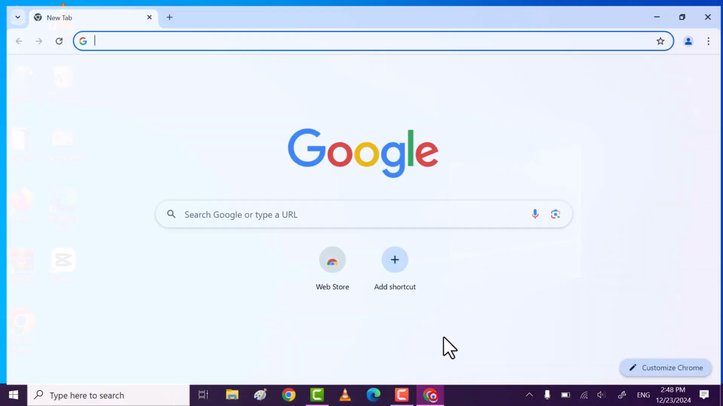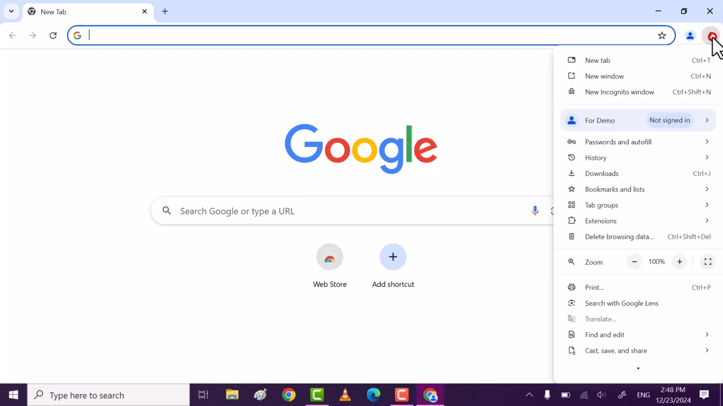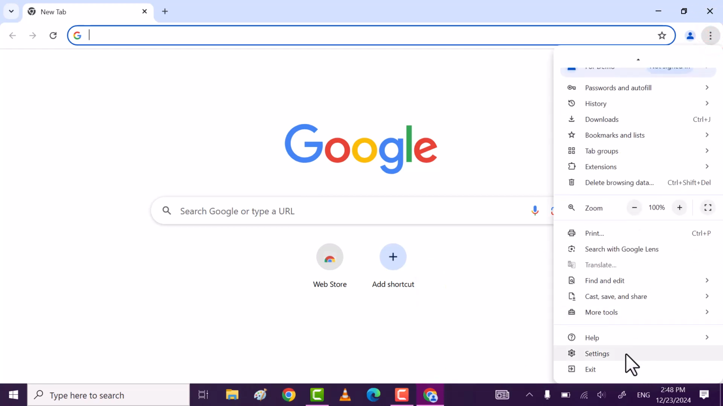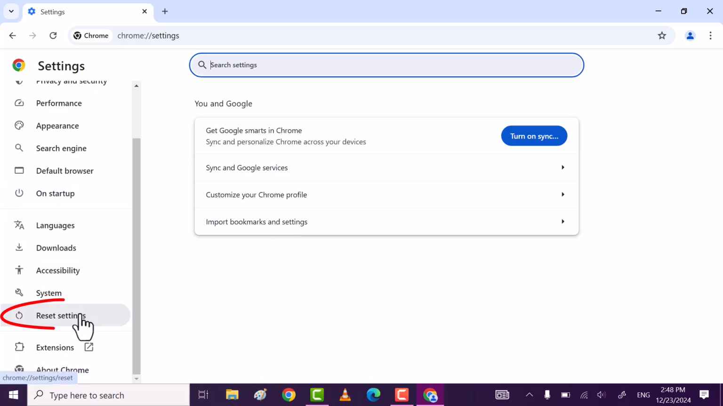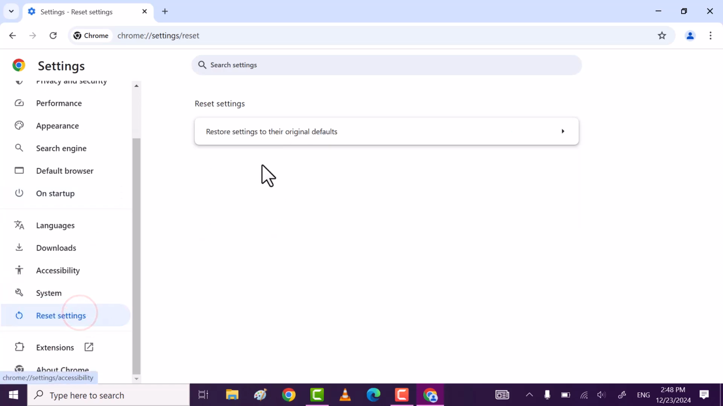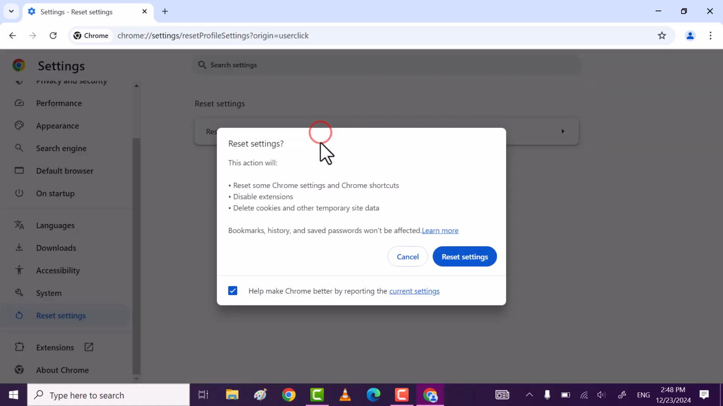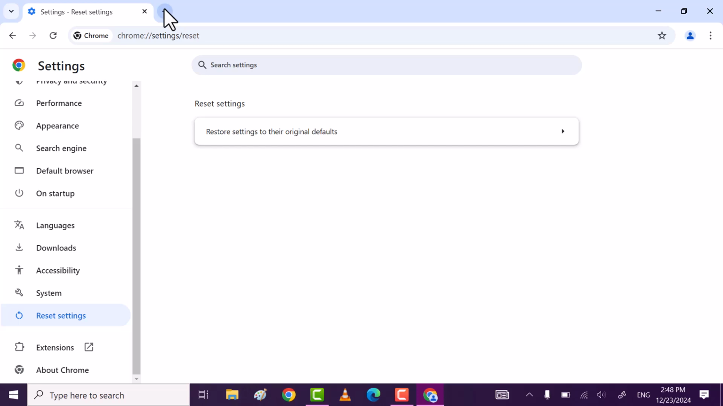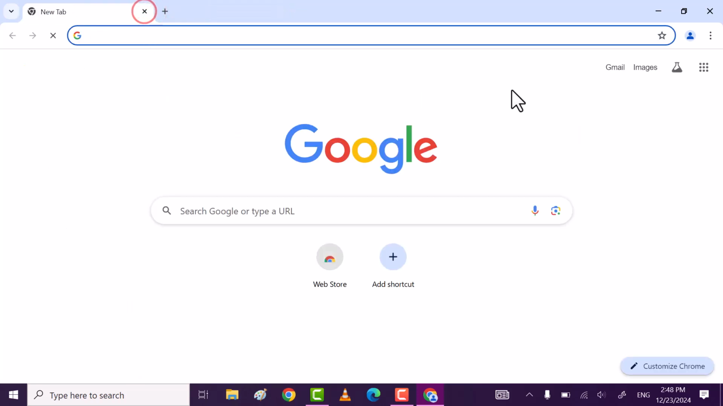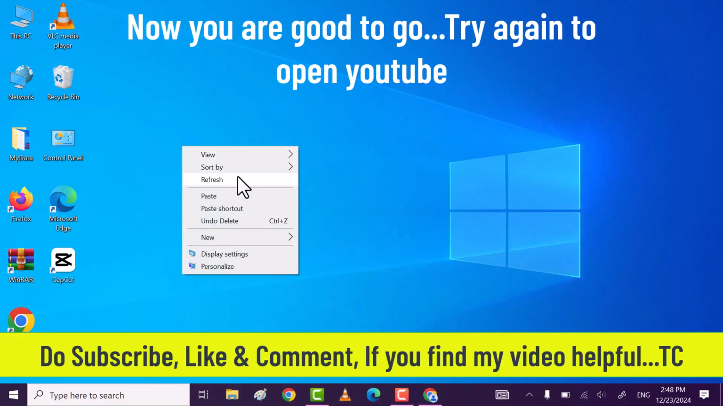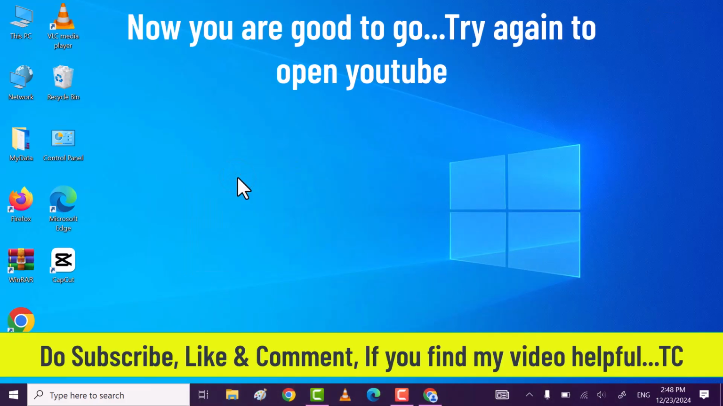Method 6. Again open Chrome, click on 3 dot. This time click on settings. Click on reset settings. Restore Chrome to default settings. Click on reset settings. This will reset Chrome to its default setting. Now you are good to go. Open YouTube and this time you will